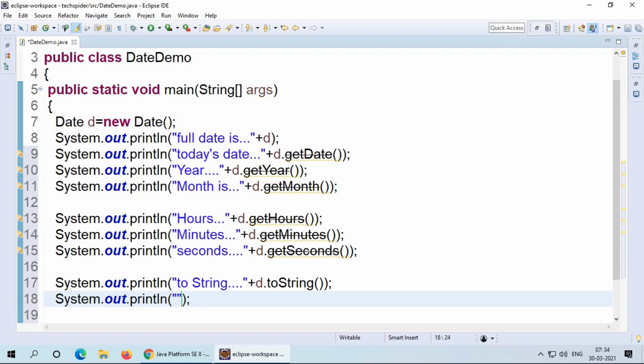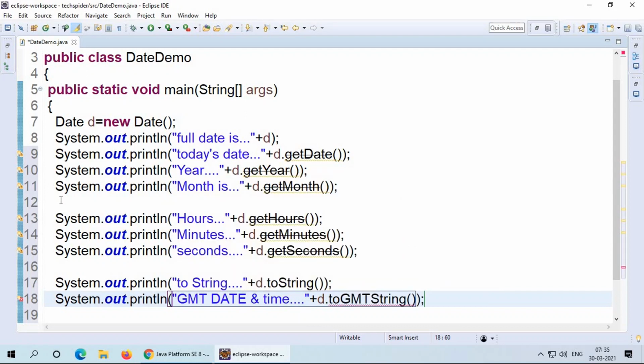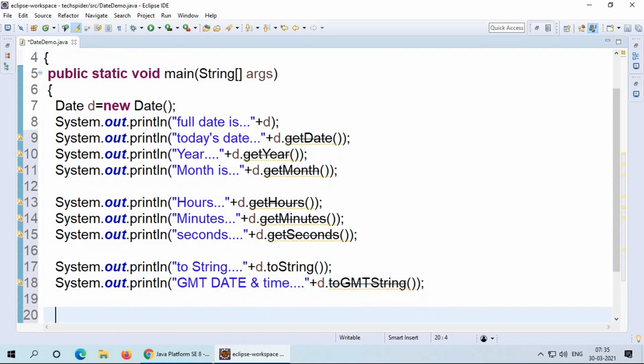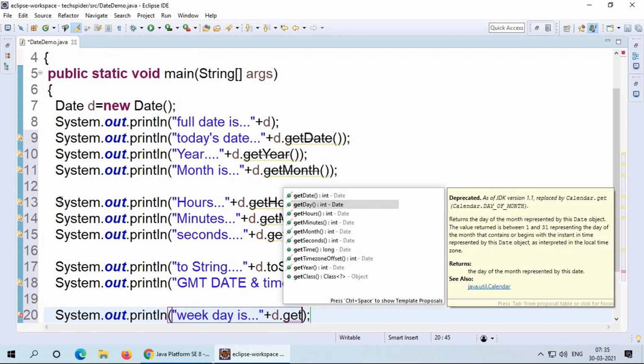For that one I am using "GMT date and time" plus d.toGMTString(). It will print the date in GMT format. Next one, if you want to get the weekday, that is "weekday is" plus d.getDay().